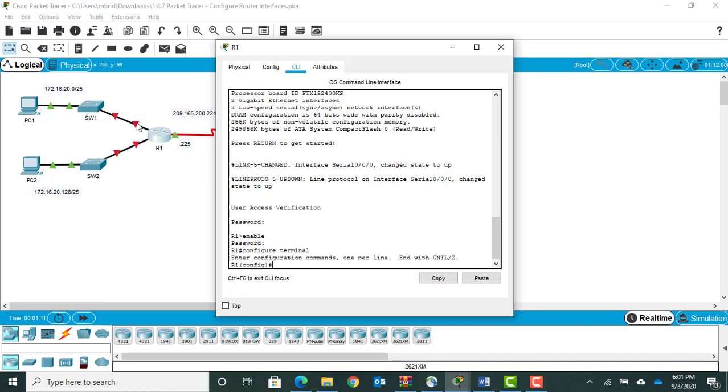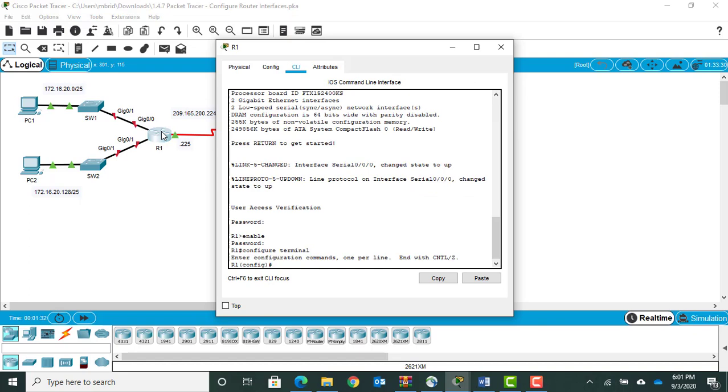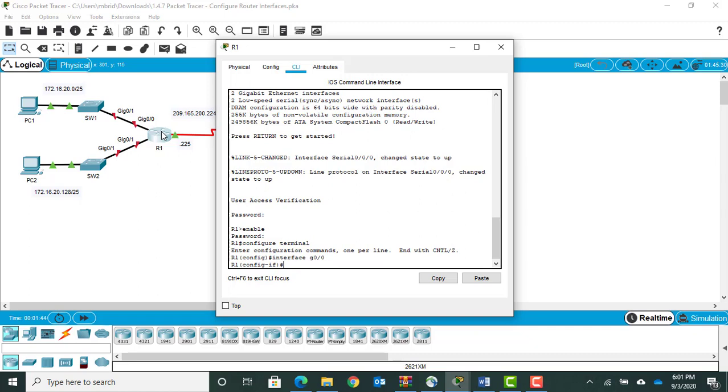We can find that out simply by programming, and then you'll see it turn on, or we could actually, if we close out this window of R1 and put our mouse over top, you'll see this is G0/0 and this is G0/1. So let's go back into our configuration here, and I want to get into the interface. I'm in configuration mode. I'm going to type in interface G0/0,